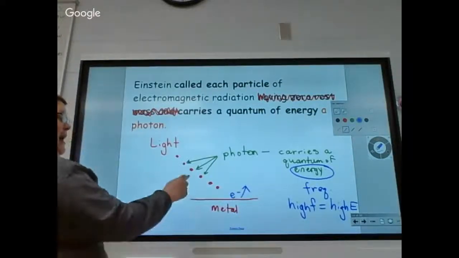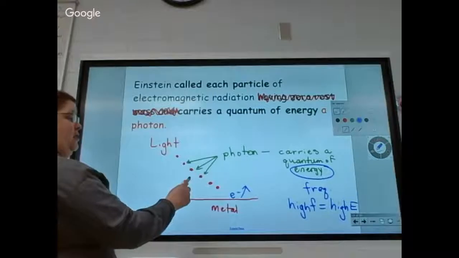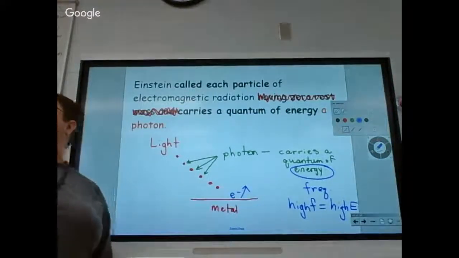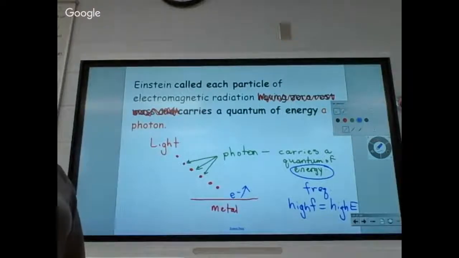If we don't have a high enough frequency or high enough energy, is the electron going to be ejected? No. So these plain old fluorescent light bulbs, do they have a high enough energy and a high enough frequency to eject an electron from our aluminum foil? No. That's why we can leave the aluminum foil sitting on this desk all day long. Nothing's going to happen to it. It's not a powerful enough light.